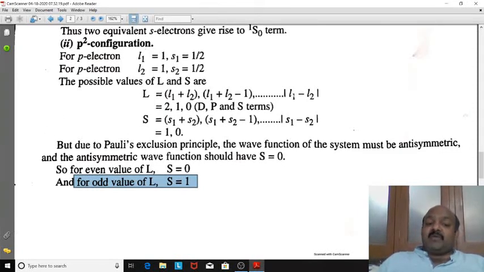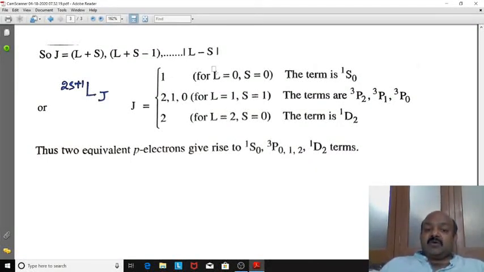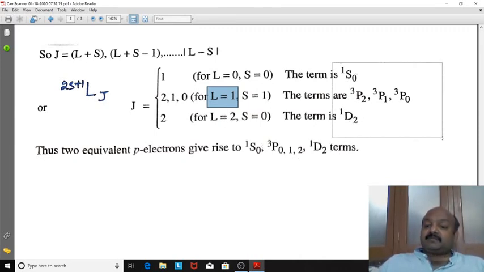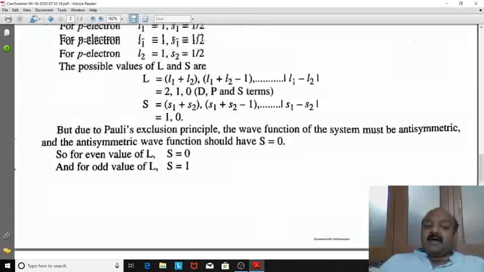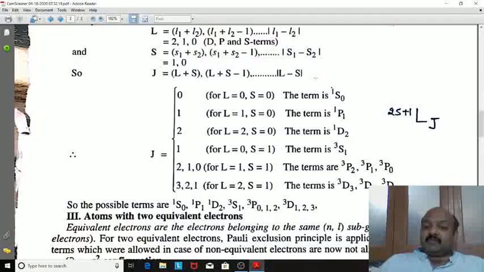So now we will make the combinations. For even values of L, S should be 0. So for L 0, S is 0. For L 2, S is 0. For odd values of L, S will be 1. So few of the terms are restricted in this way. It is due to the Pauli's exclusion principle. So here we will be having a total of 5 terms. But in the earlier case, for non-equivalent electrons, we have many terms. So few of the terms are